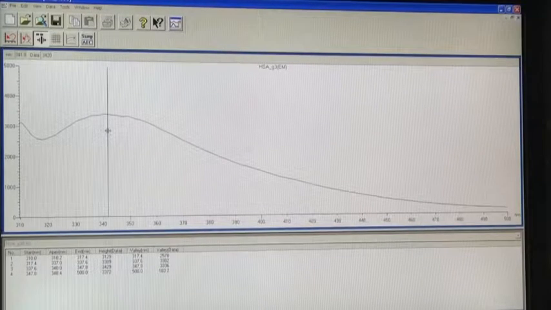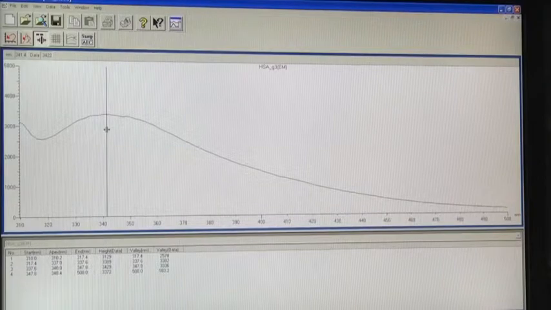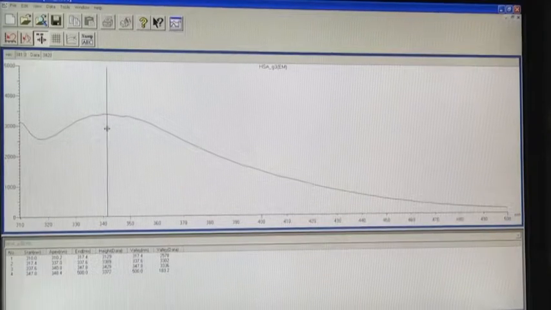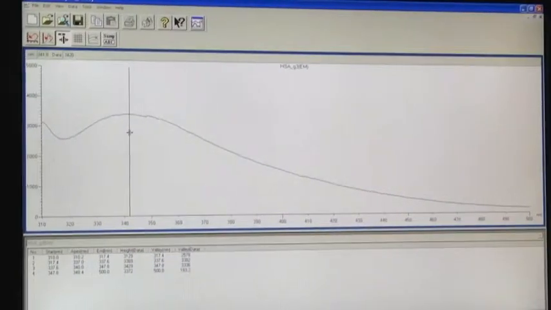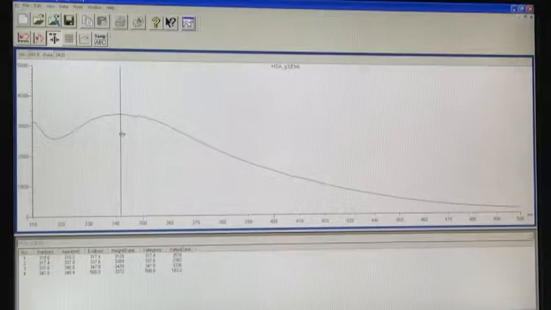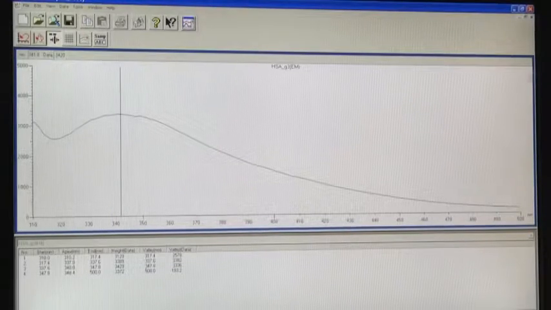The emission maxima is around 341 or 341.4. So, the emission maxima for native was around 340, and it is 341.4 now. So, it does not deviate that much unless we see it at higher guanidine hydrochloride concentration.